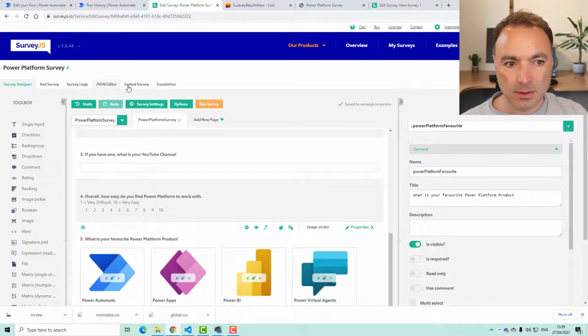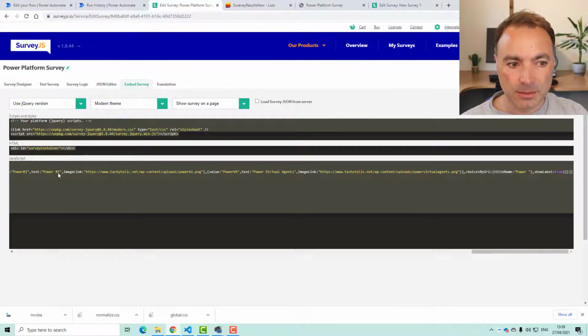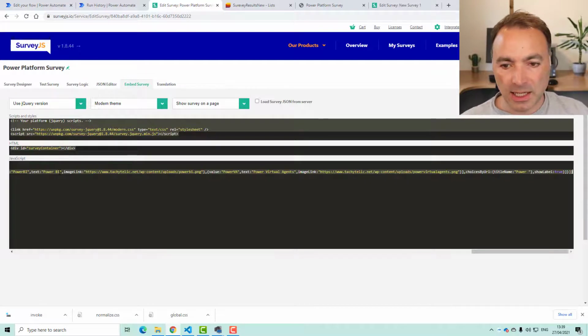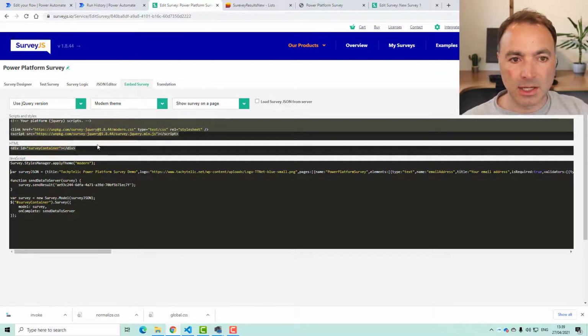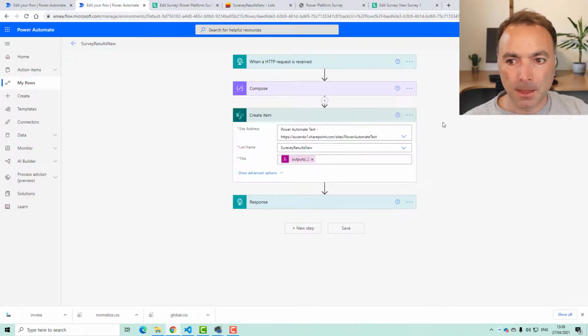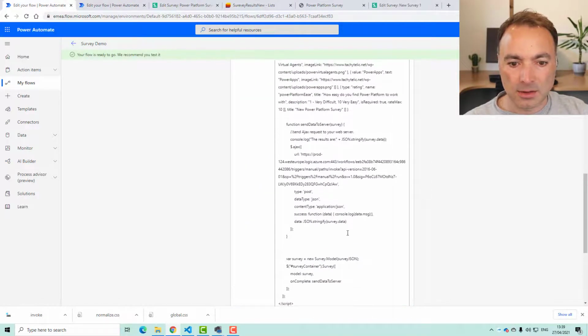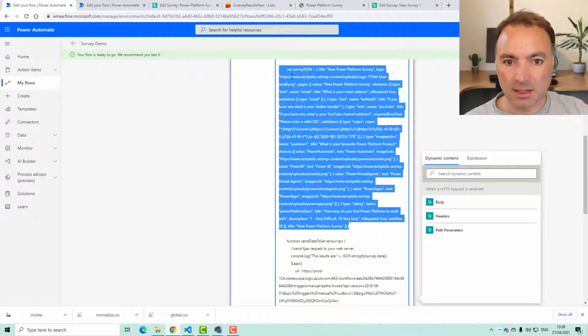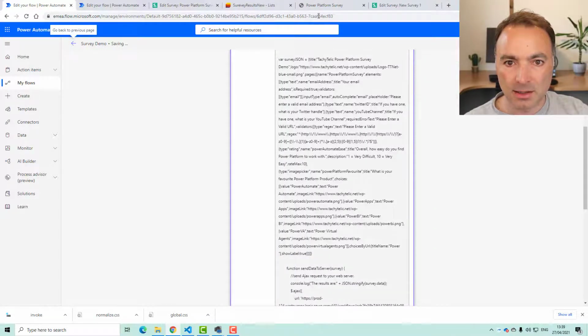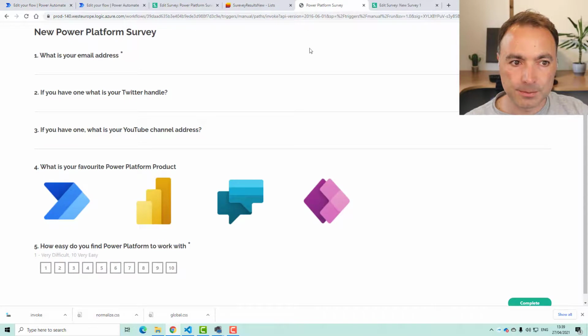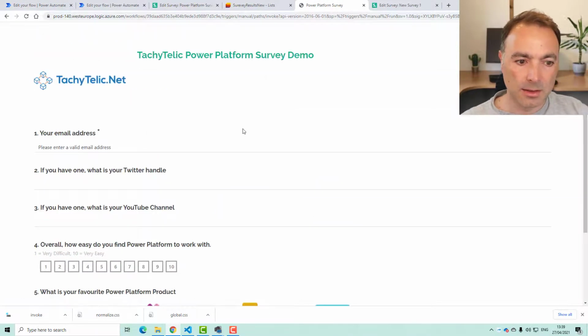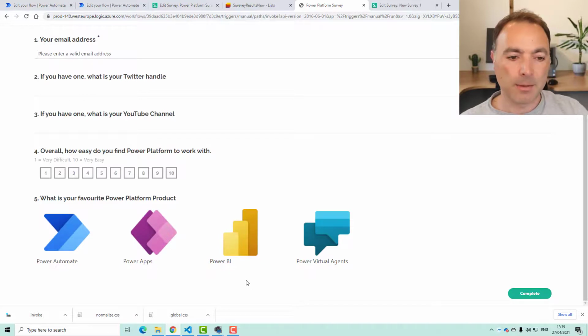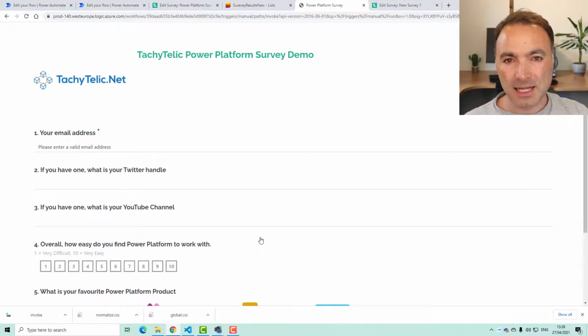Let's go back to embed survey. Maybe I had an old one there. I really just need to get this var survey JSON line. If I go back to my run history, now you see here, because I've put it in this compose, I can't easily just modify it as I could when it was in Visual Studio Code, but there's the line. So if I paste that in there, save it, hopefully, yeah, the labels are there now.